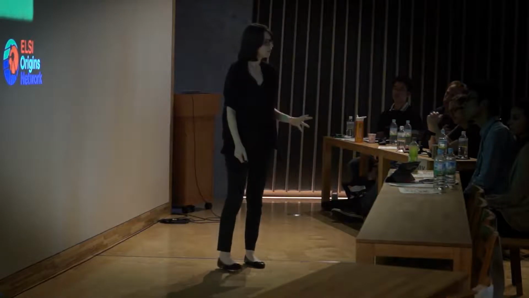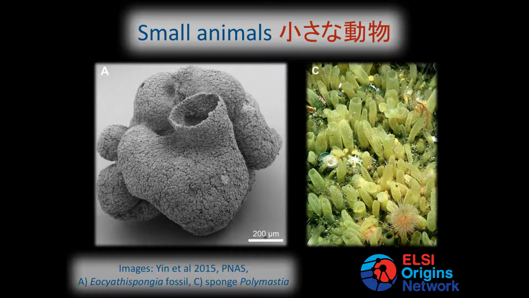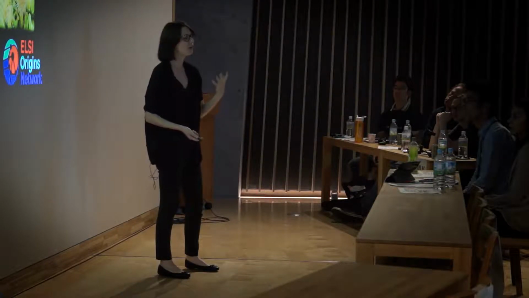So where are they in the fossil record? This tiny fossil is less than 1 millimeter wide, yet it is similar in shape to simple sponges that are still alive today, with a central opening, like those you can see here, which may have functioned to draw through water as it fed on small particles from the water flow. This could suggest that sponges had indeed evolved by this time, that the animals had begun to diversify, but they were still mostly very small and so very rare to fossilize.